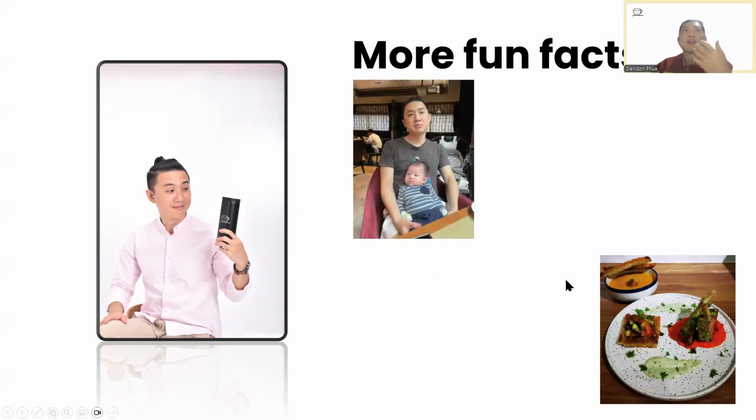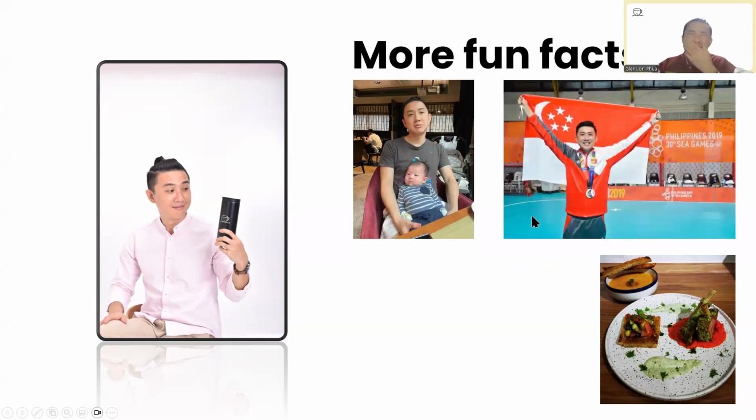All right. That's me and my young son. Okay. Now he's 8 months old. He's really cute. So this whole picture is just for me to be a proud dad. Then some other fun fact about me, I used to be a Team Singapore athlete. I used to play floorball. So this is at the 2019 SEA Games, where I last represented Singapore. I retired so that I could have this little fella on the left.